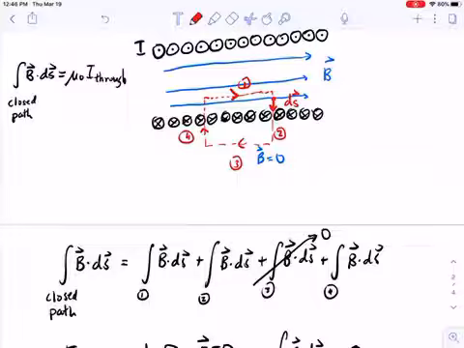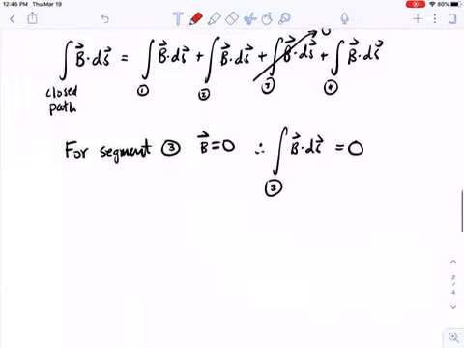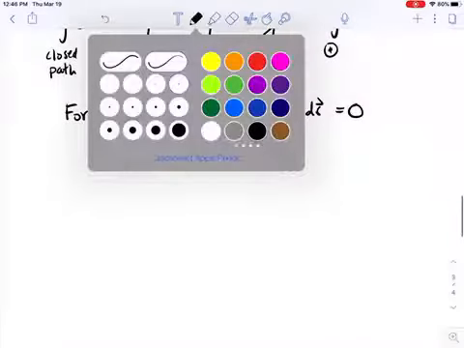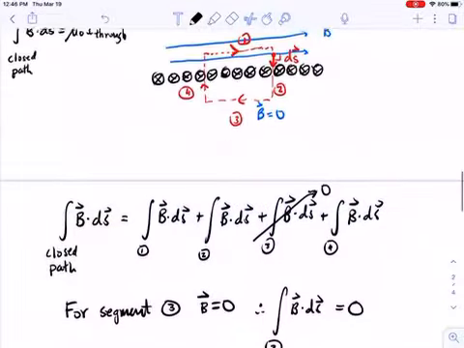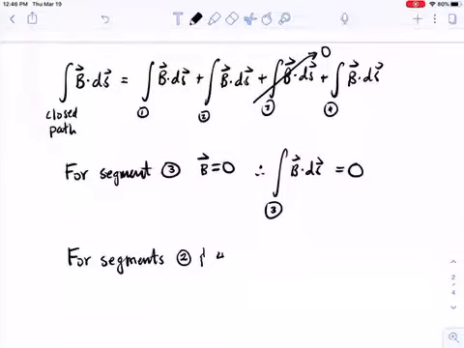And what's important is that the ds and the magnetic field are perpendicular. Okay, so for segments 2 and 4,